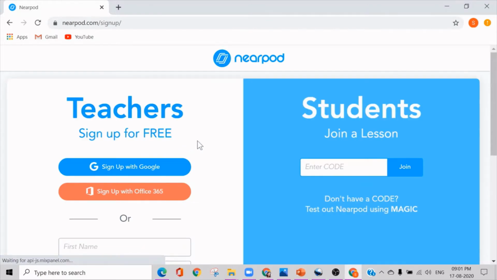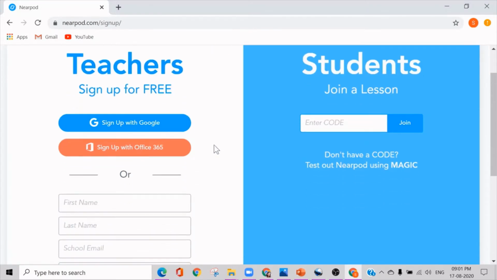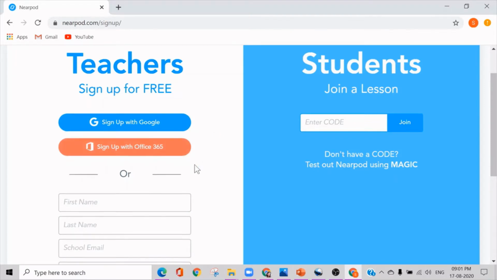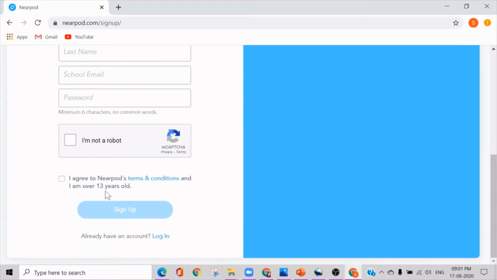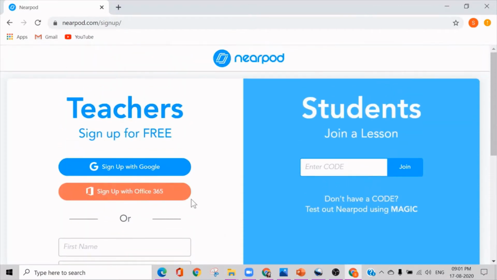When we click here, it takes you to a page where you will have to enter your details to sign up as a teacher. You can either use your Google account to sign up or your Office 365 account. If you have got a school email, you can sign up using it. And they have a condition that you must be over 13 years old to create a teacher's account.